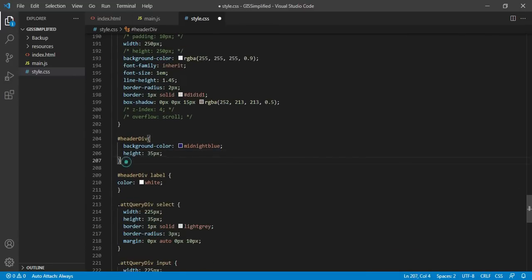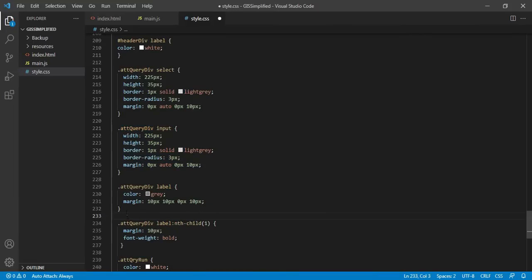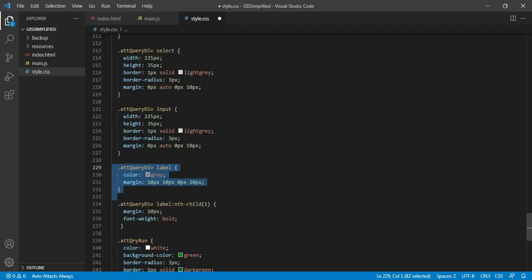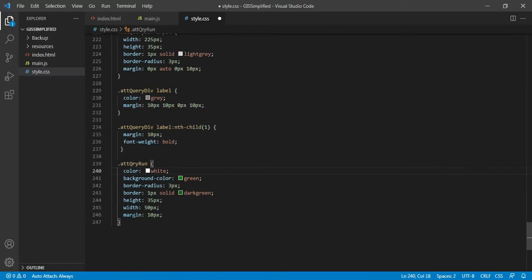You can see over here I am also setting up the header part, so how the header should look like with the title attribute query, and then the select element of the dialog box, input element of the dialog box, and then finally how the label should appear on the attribute query dialog box. And finally there is the run button. So how the run button should look like, I want it to be green with white text on it. So this is the styling which I have done.